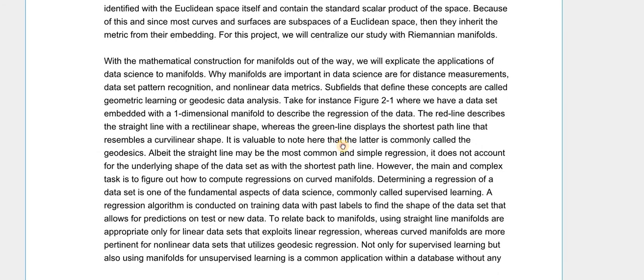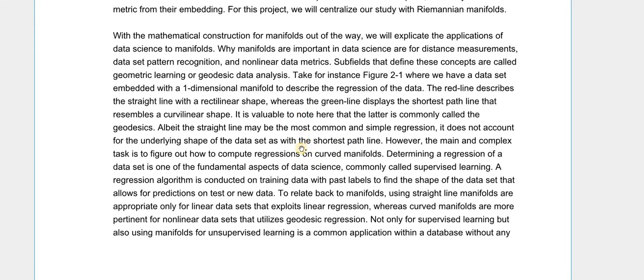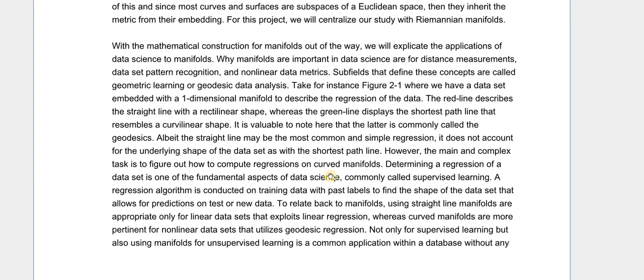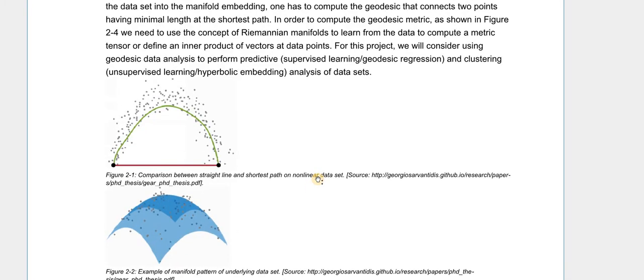So with all that preliminary background behind us, let's talk about how we can motivate using manifolds for data science. In data science, we typically have two types of machine learning, what we call supervised learning and unsupervised learning. In supervised learning, this is typically when you have classification or regression. For this project, I'll be talking about regression specifically. And when you do a regression, let me just talk about it here while I show you this. Given a data set, you want to be able to perform a regression by